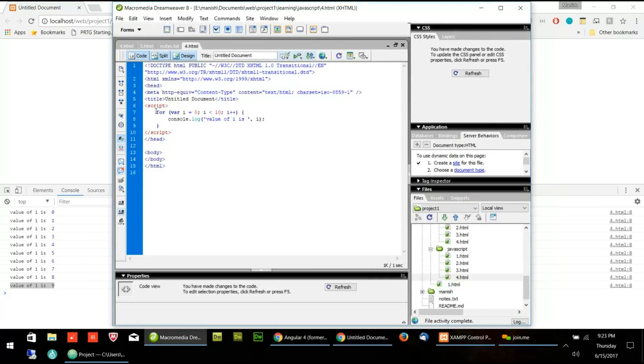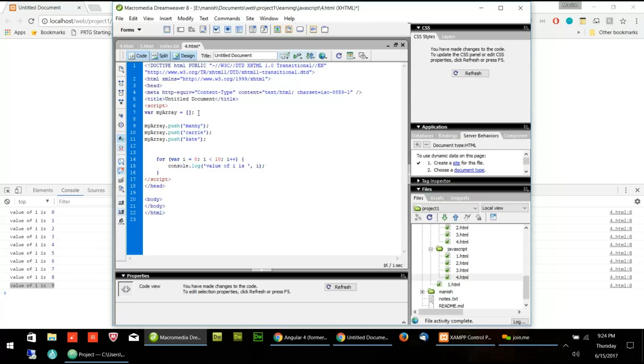Now I will make it a little difficult. I will start with an array. I will create one array, and how to start the array? We put the empty rectangular bracket. I will put some elements in the array. I will say myArray dot push, maybe I will say Many. The first value in the array is Many. I will say myArray dot push Carry, and I'll say myArray dot push 8.